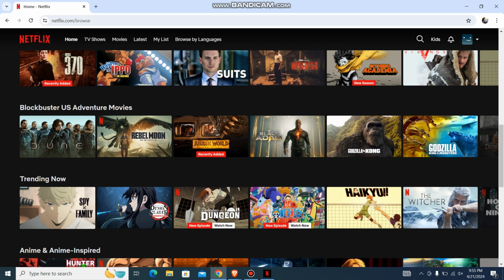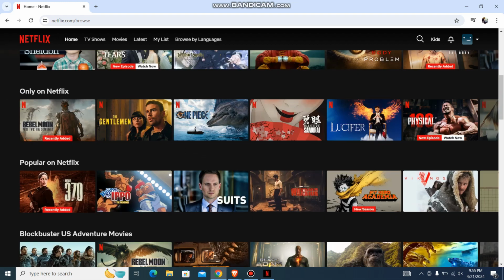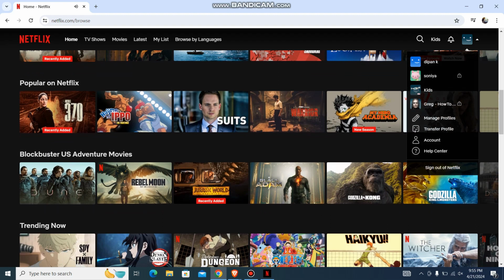So first things first, what you need to do is just go to your Netflix app, or you can go with your Netflix website and then just log in with your account. Once you do that, just go to the profile you use on Netflix. From here, just go to the right corner to your profile button